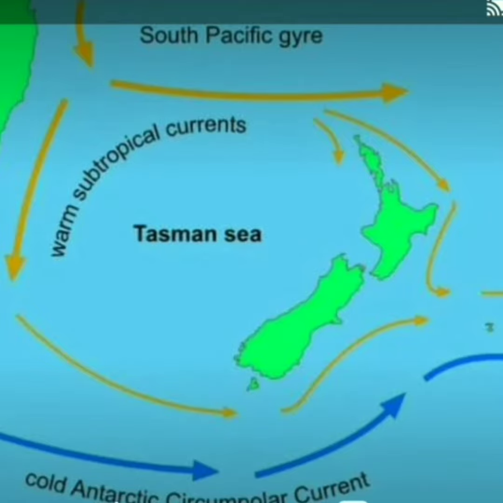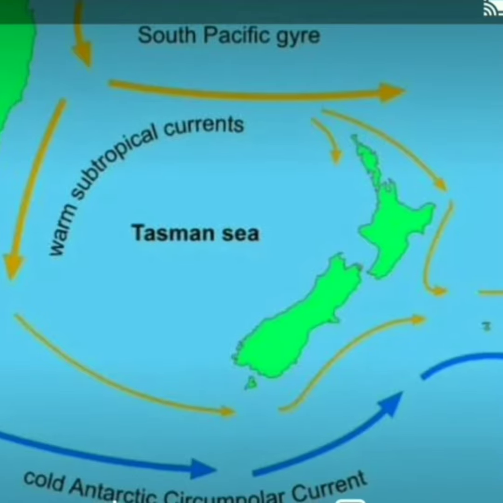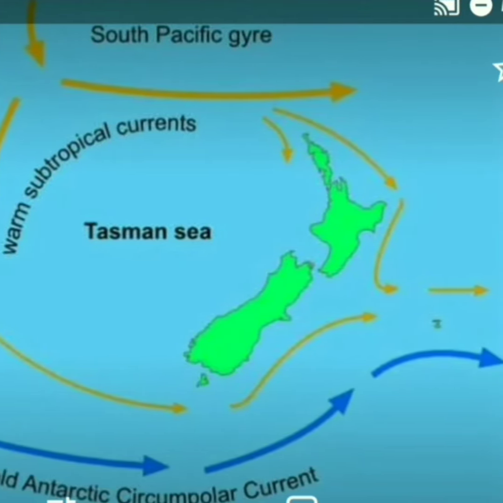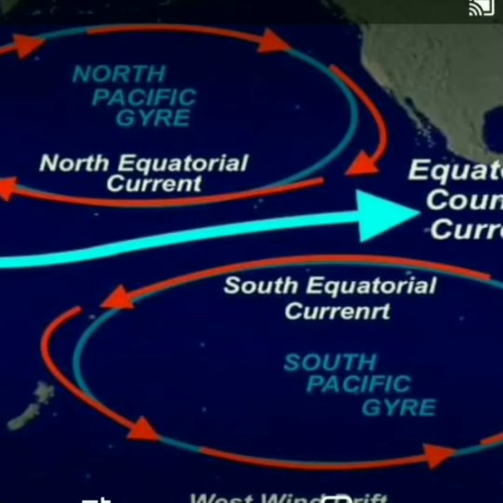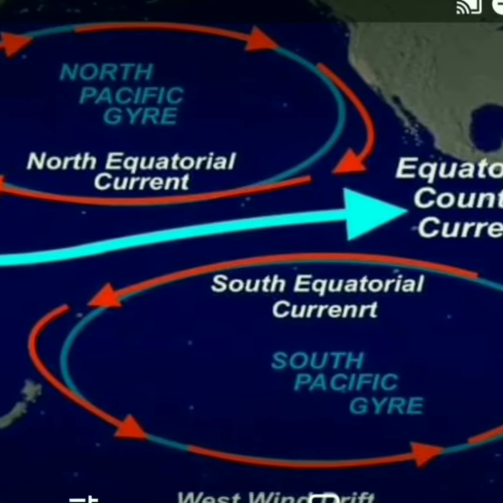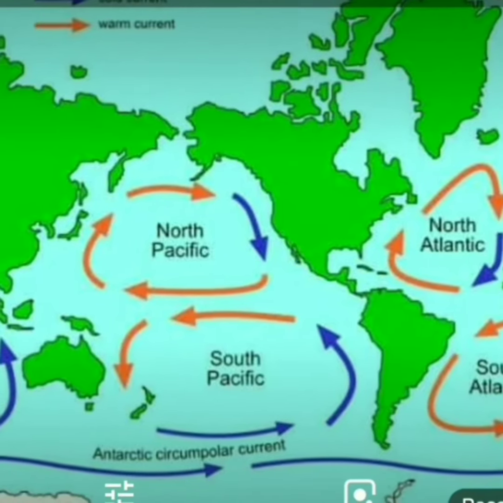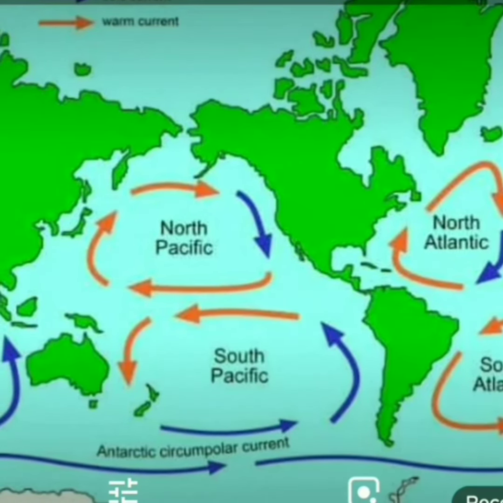The West Wind Drift is a strong cold current which flows from west to east between Tasmania and the South American coast. It flows under the influence of the westerlies and is largely confined between 40 degrees south and 50 degrees south latitude. This current becomes very strong due to the large volume of water and high velocity of wind. One of its branches enters the Atlantic Ocean through Cape Horn and the other branch turns northward and joins the Peru Current.